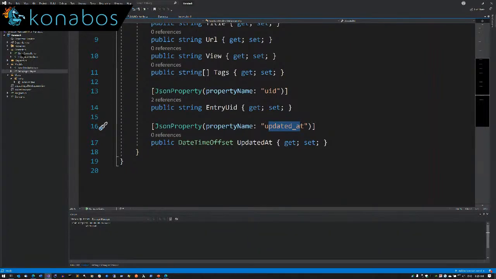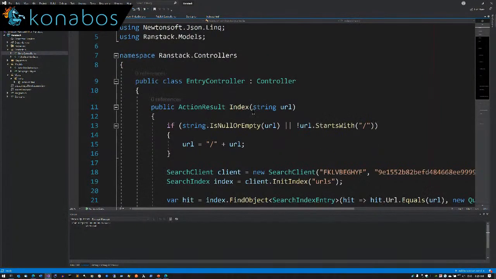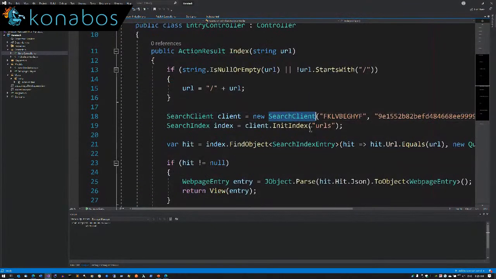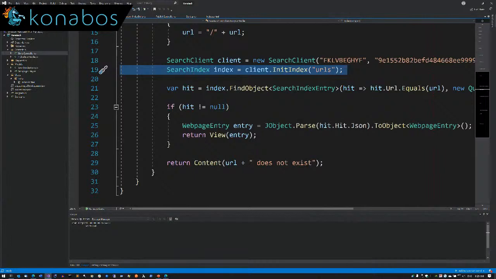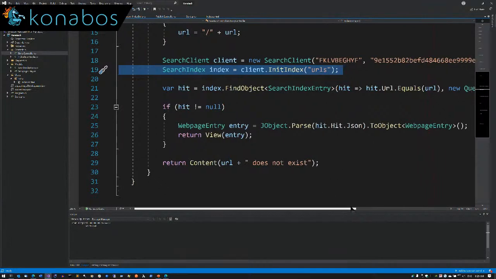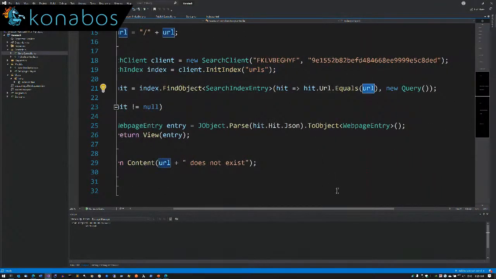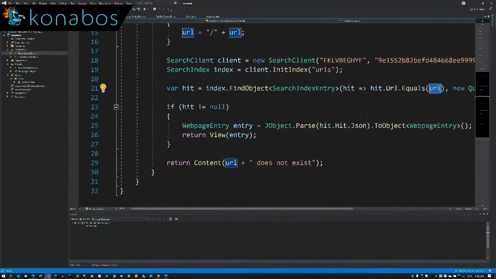Then let's look at the entry controller. So when a request comes to the web server, it's going to invoke this controller action. And so this says, find the URL that the browser requested, then go out to that search index and look in the index named URLs, which is the one we just populated. Then go find the object in that search index that has the URL that was requested by the browser. And then if we find a result, then we want to process it. So this says, create an object of the type that we just looked at,